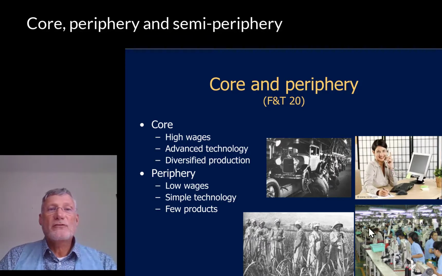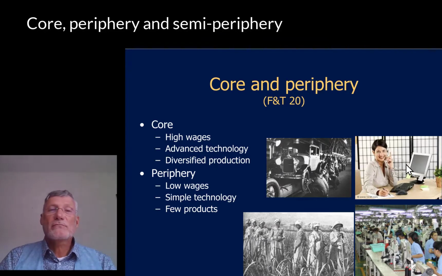And over time, this has changed. Here, the bottom half, you have the core production in the early 20th century. Car production was then clearly a core activity. And at that time, in the periphery, it was more about agricultural production, plantation forms, a very limited range of agricultural production that is highly specialized. This has changed over time, and now it's more about